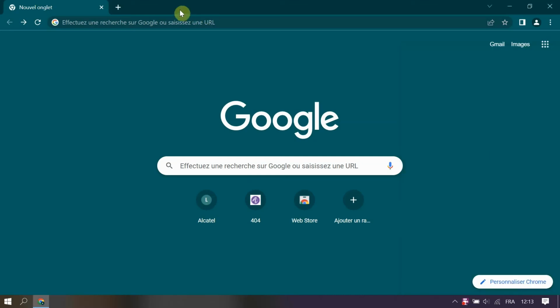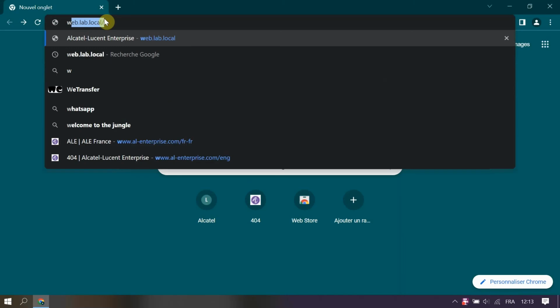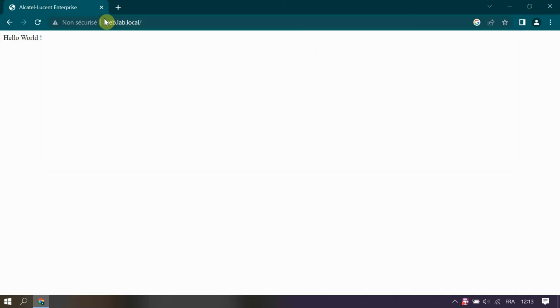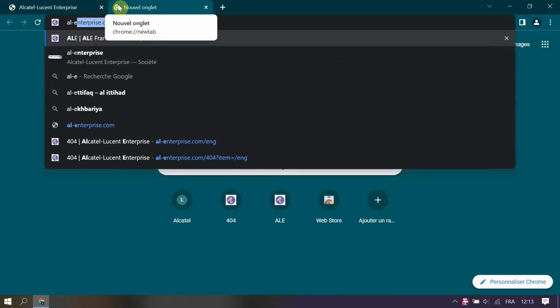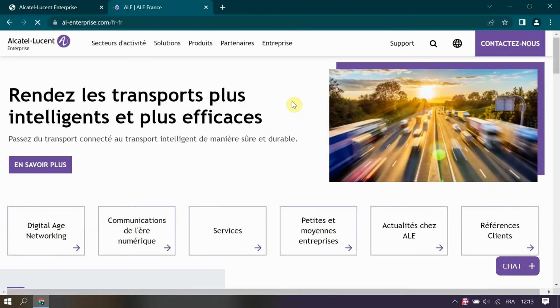So once we are connected, we are going to connect to a website hosted in the headquarters. So we can see that it works properly. Then we will verify if we have access to the internet. So we can see that it works properly, so we will proceed to the wired connection.